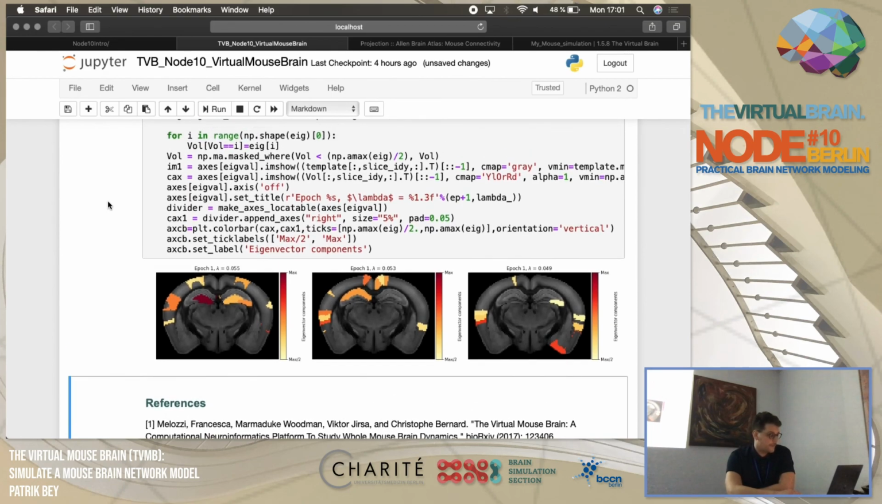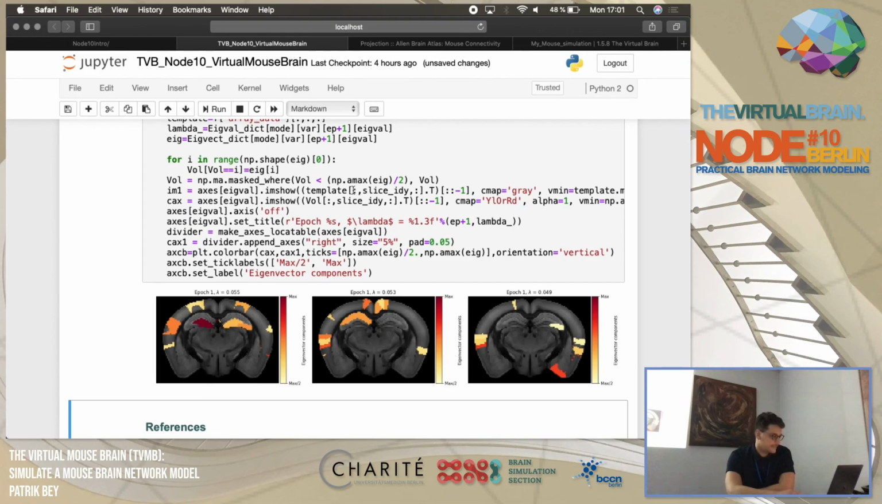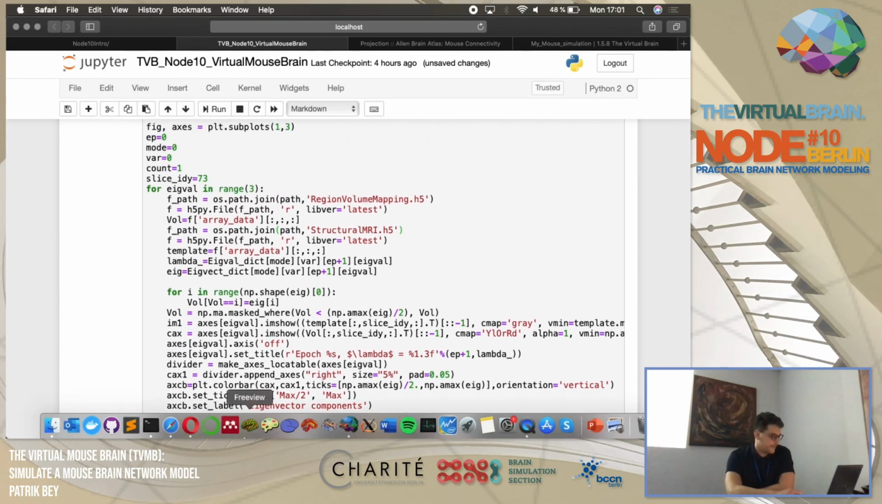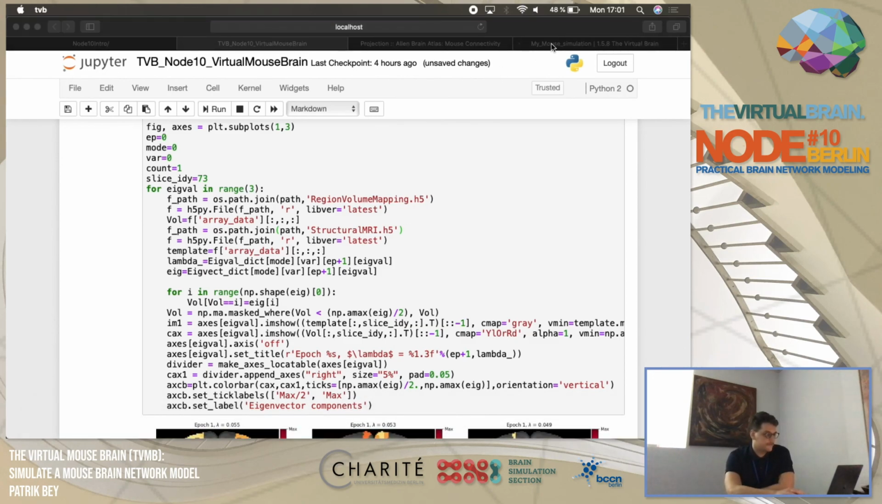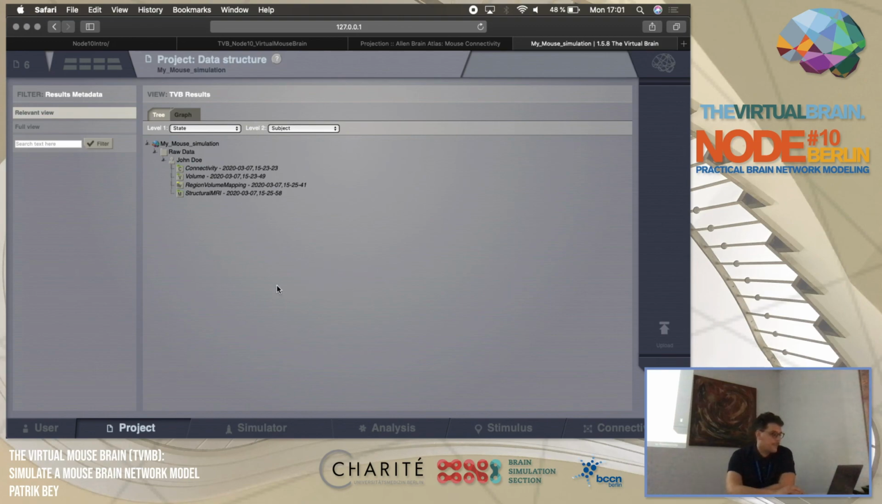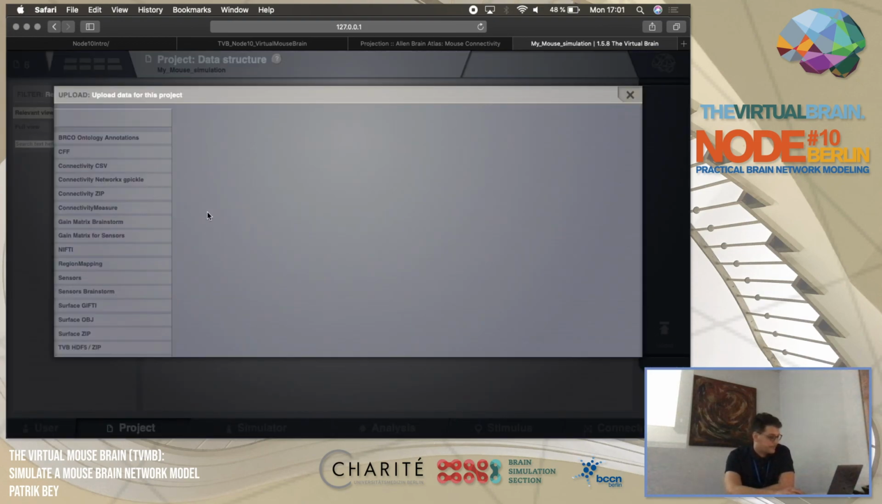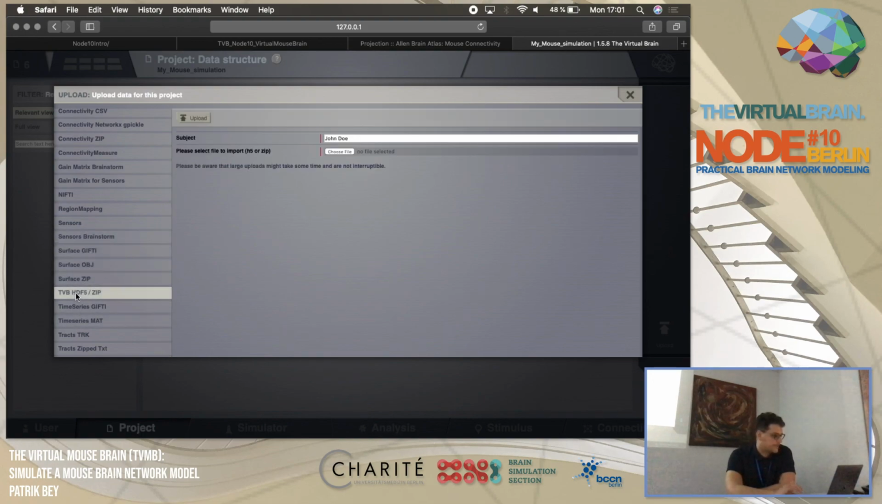And the last thing that we want to do is, like I said, use the nice web GUI where we created our project. So we're going to go back to our web interface, which is open already here. And we're again going to upload an H5 file. In this case, it's going to be the H5 file that we just saved, which is the simulated time series. So we go again to our TVB 85,